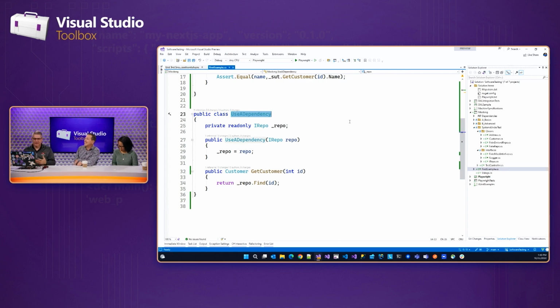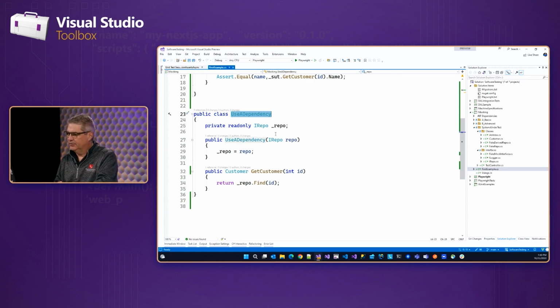So I have a method or a class called useDependency, and we're doing good stewardship. We're injecting in our dependencies, right? We don't ever want to create a dependency and use it at the same time. We talked about that in the SOLID principles, way back on the show, so you can search your archives for that to get a deeper explanation. So we inject it in, right? And now we're going to use it in this GetCustomer method. Now I don't have any real logic in here, but I just want to demonstrate the problem. So one thing we could do is create a fake.